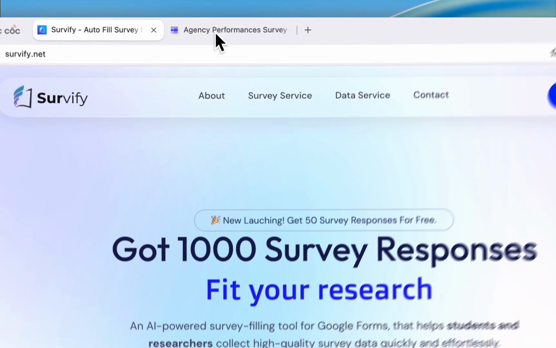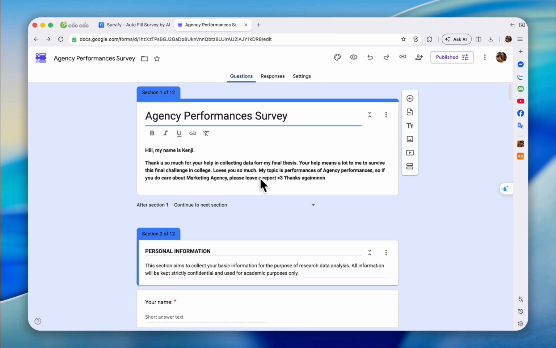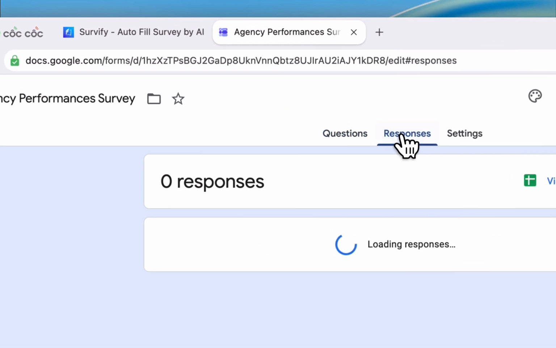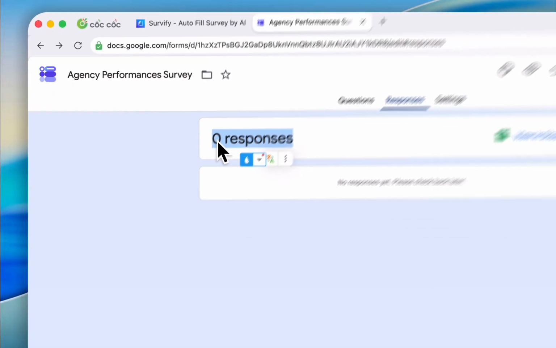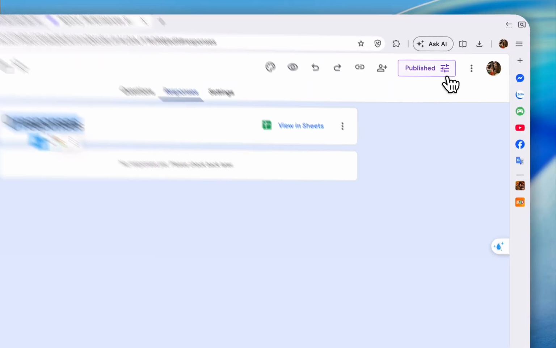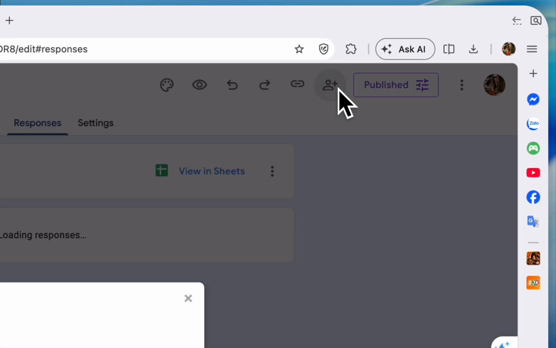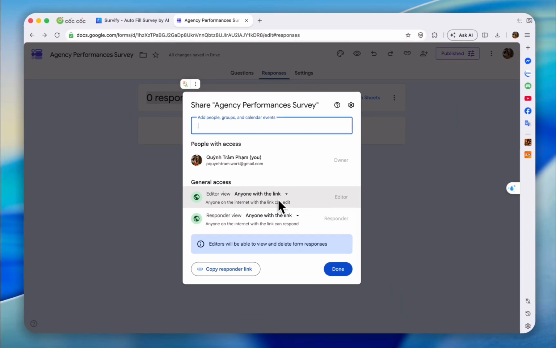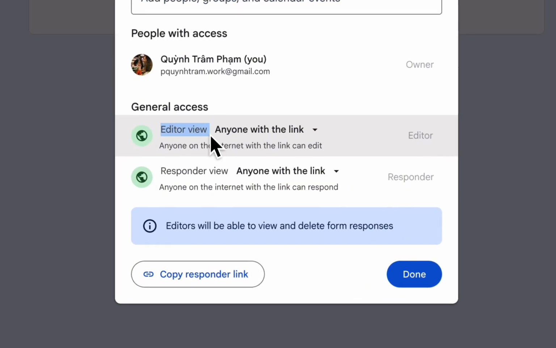First, let's start with a completely new Google Form. Now, of course, this is just a demo, so in real projects, you can always continue filling forms that already have existing responses, so you're not limited to starting from zero. Before using Survify, the first thing you need to do is publish your form, like this. And you have to make sure that all edit access is enabled, so everyone with the editor link can